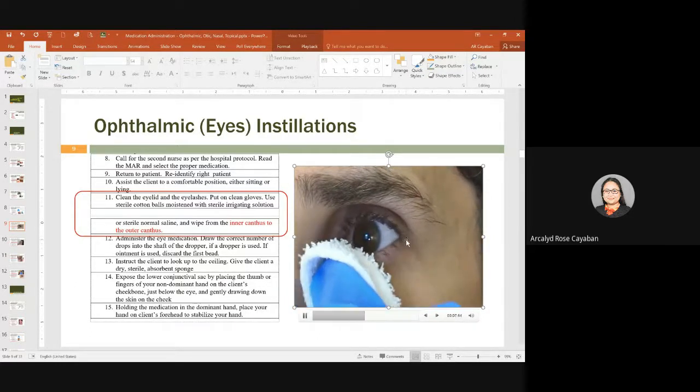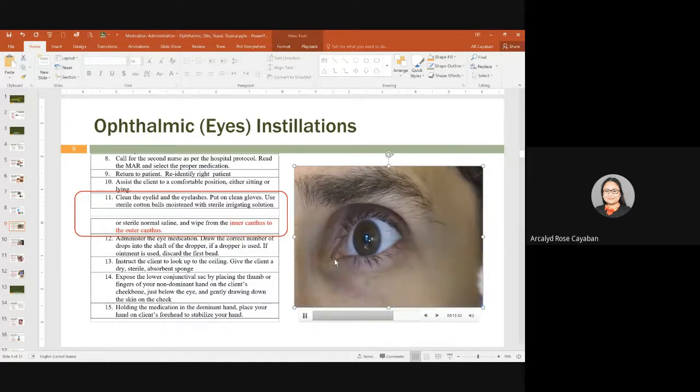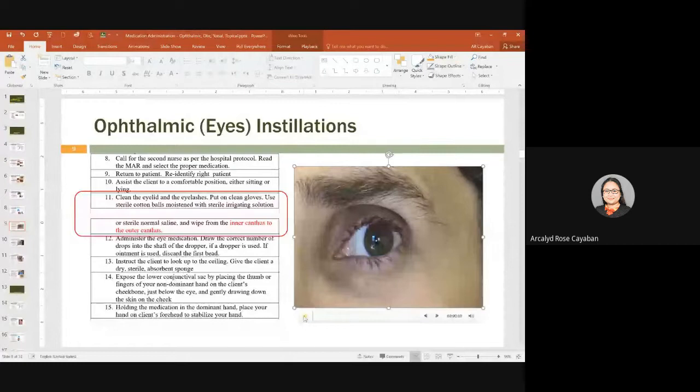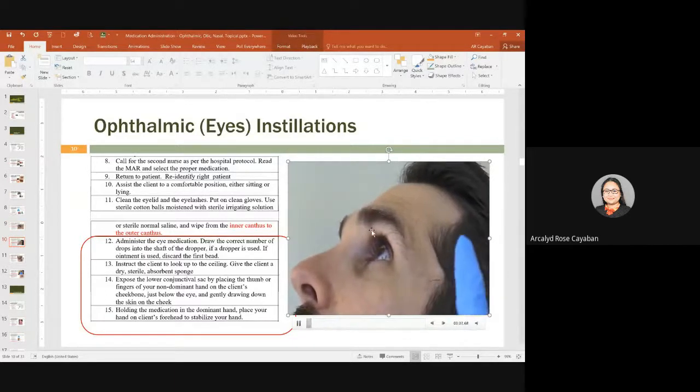If you notice on this video, the patient is opening his eyes. But when we instruct the client to close his eyes, please take note, as we clean the eyelids and eyelashes, the eye should be closed. Next, once we have cleaned the eyelids and eyelashes, we have to ask the client to look at the ceiling. Plus, we can give him a dry or sterile absorbent